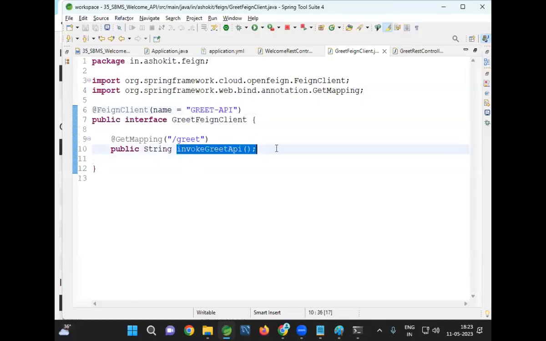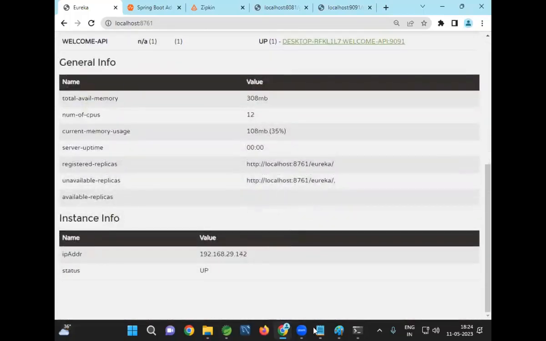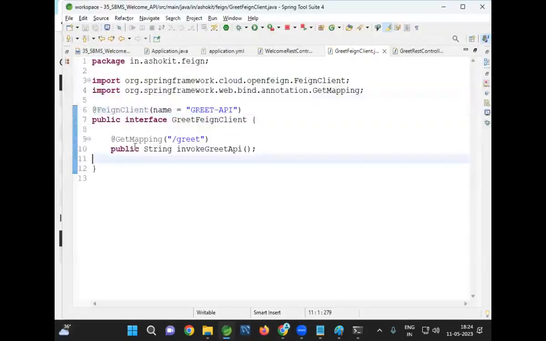When I call this method, observe carefully. Focus guys. Very, very important. When I call this method, my Feign client will go to the service registry by taking the service name. Hey, service registry, I want the URL for this API whose name is Greet API. So here I'm having a Feign client, and in the Feign client I'm writing a method. When I call this method,